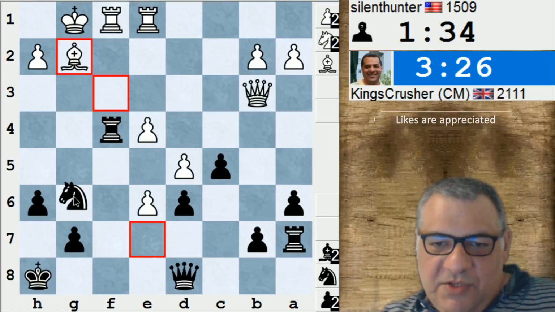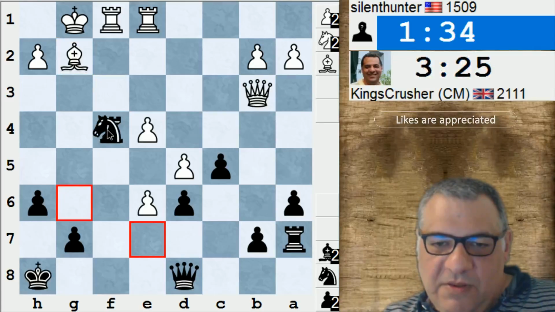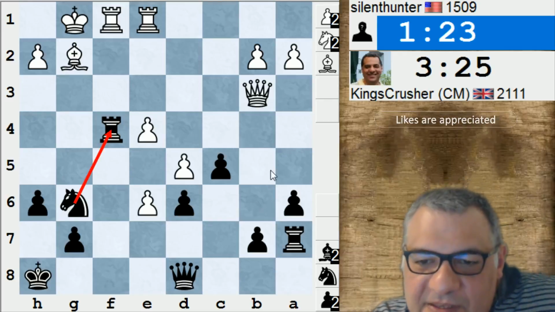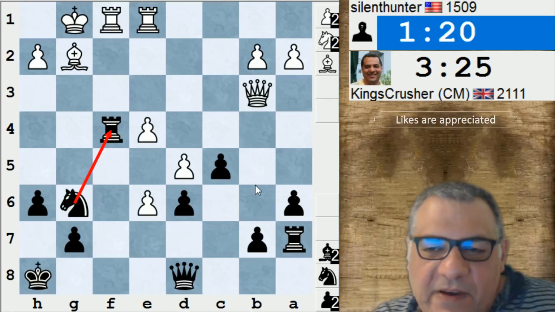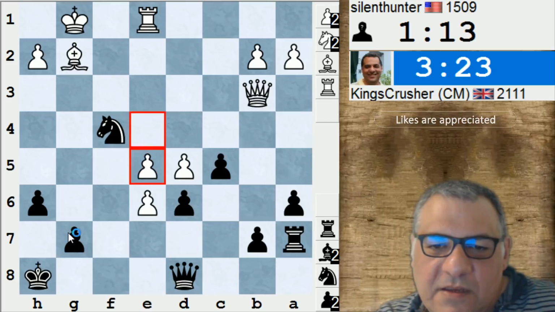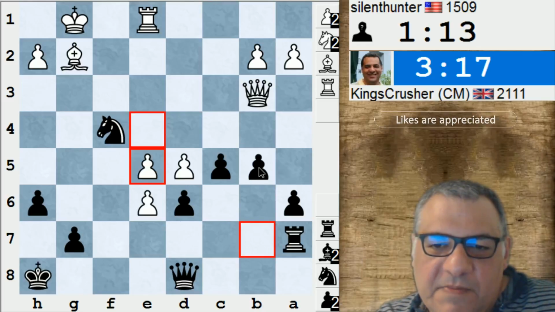Can I do this to try and establish a knight on f4, or is that too dangerous? I really want to relieve this pressure with b5 over here. He's going to force me into playing g5. Is he? Crikey. Alright, I get to play this move